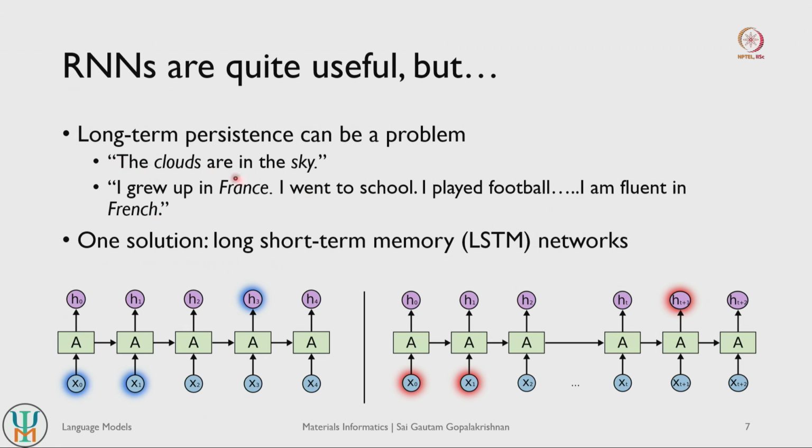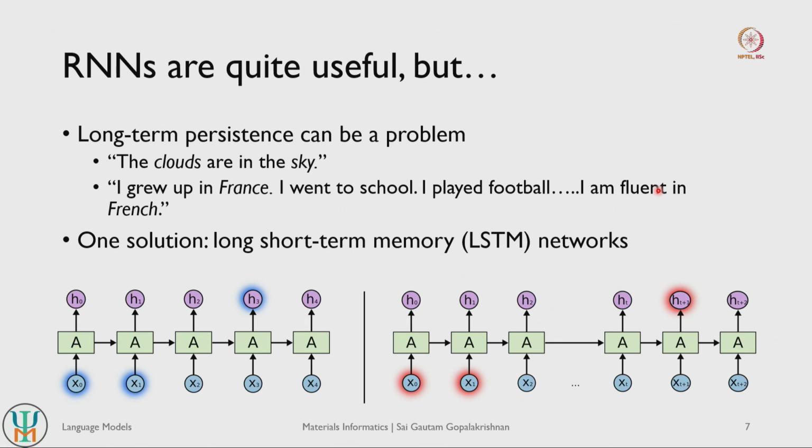So let us say you have a simple sentence, the clouds are in the sky. So here you want the association between the word clouds and the sky. So you want the model to understand that clouds are present in the sky. So these two are the most important words within this sentence, right. Now maybe the recurrent neural network does not have a problem here, right. So clouds is the second word that it has seen and sky is the sixth word that it has seen. So it should probably be able to make the association with the second word and the sixth word, right.